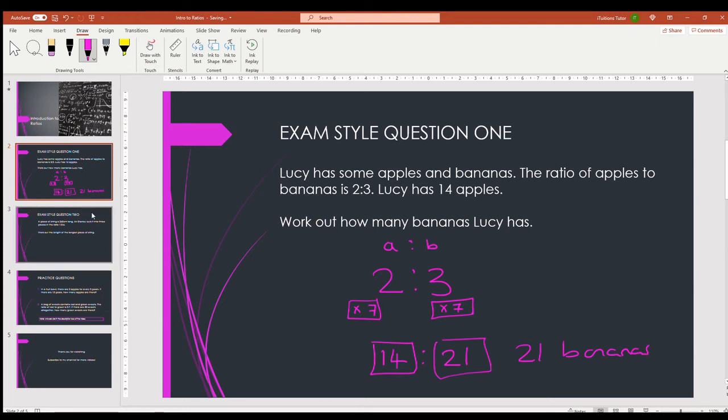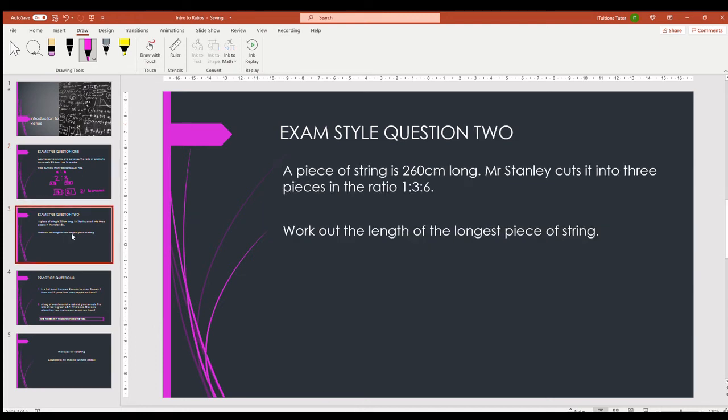Let's have a look at another example. A piece of string is 260 centimeters long. Mr. Stanley cuts it into 3 pieces in the ratio 1 to 3 to 6. We want to work out the length of the longest piece of string, which is going to be for the 6. Now when you add 1, 3 and 6 together, we get 10. So we know that this ratio is written in its simplest form, because the piece of string before it was